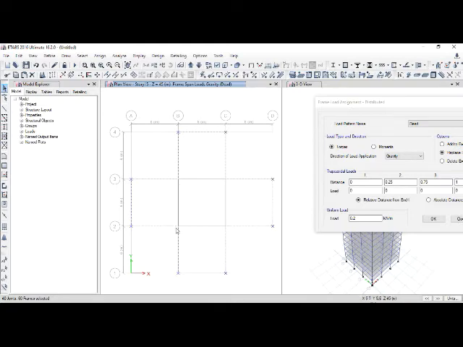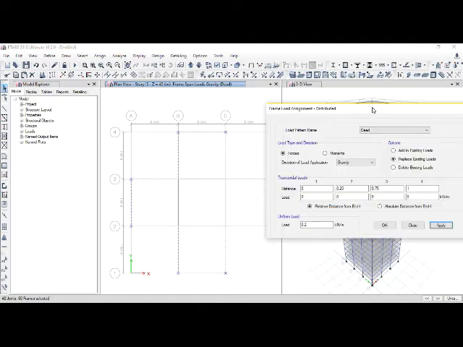And we'll apply the load of 0.2 kilonewton per meter again on the perimeter beams. Similarly, for the last set between 20 and 23, apply the load.